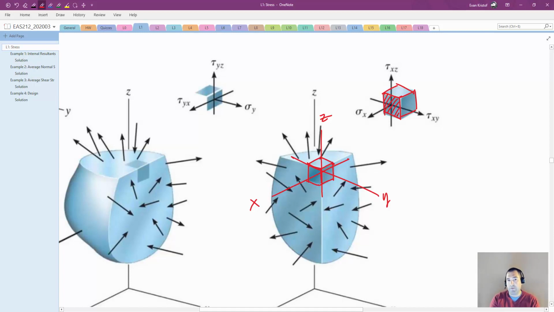Now, you're going to start seeing these variables, these Greek symbols that we're going to be using constantly. Sigma represents the stress acting normal to the face of interest. So sigma x means the normal stress on the x face of that differential element. For this same face, we can have stresses that are acting parallel, and those are represented by the lower case Greek symbol tau. So tau xz means